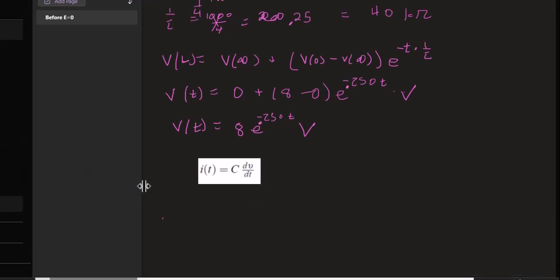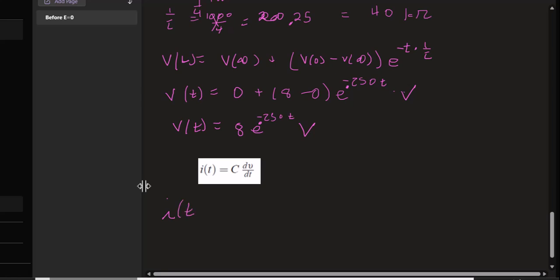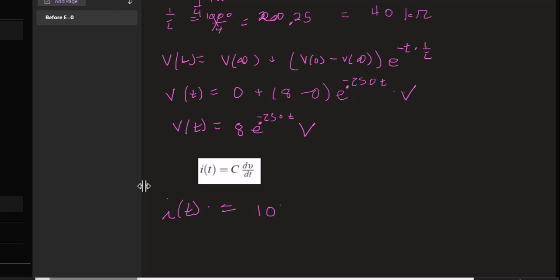So all we have to do now is take C, which was 100 times 10 to the negative 6 farads,